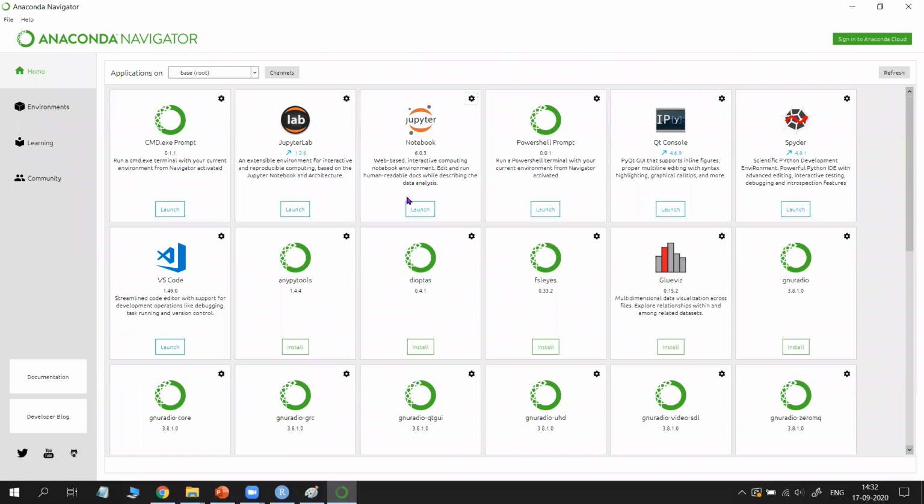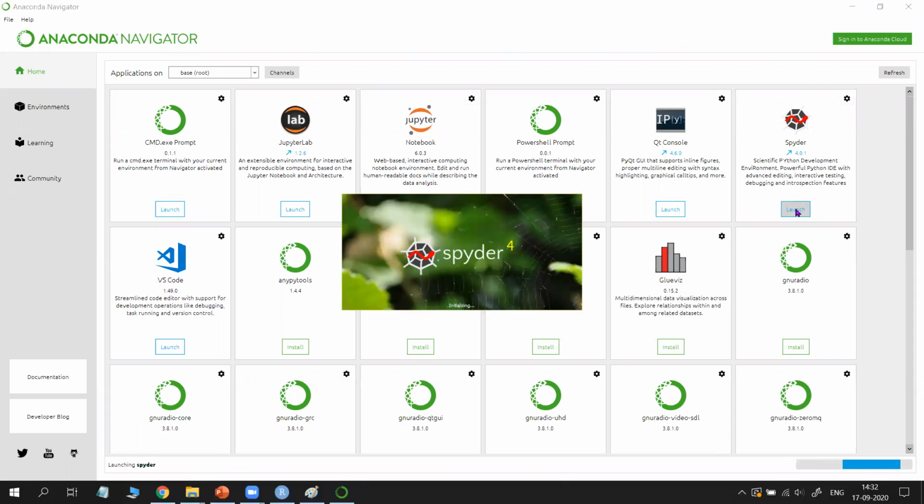That is Jupyter Notebook. And coming to Spyder, just click on launch Spyder. Spyder is also a beautiful environment for doing machine learning coding. Spyder is similar to RStudio. We already did some experiments with RStudio. The Spyder environment is very much similar to RStudio. We are having 4 separate boxes.